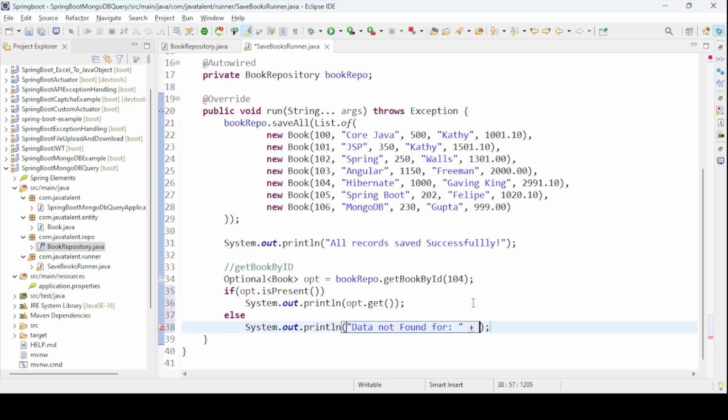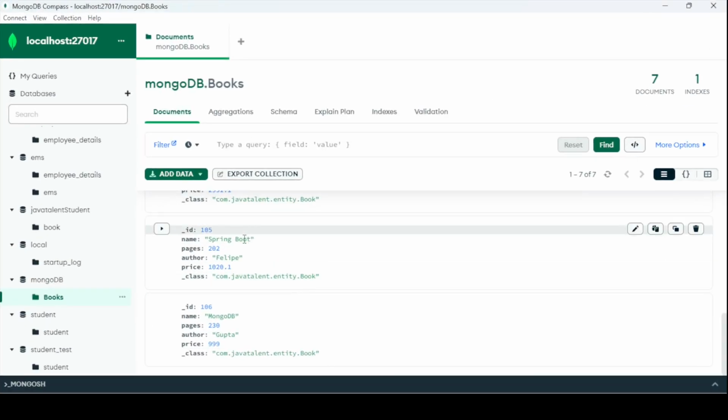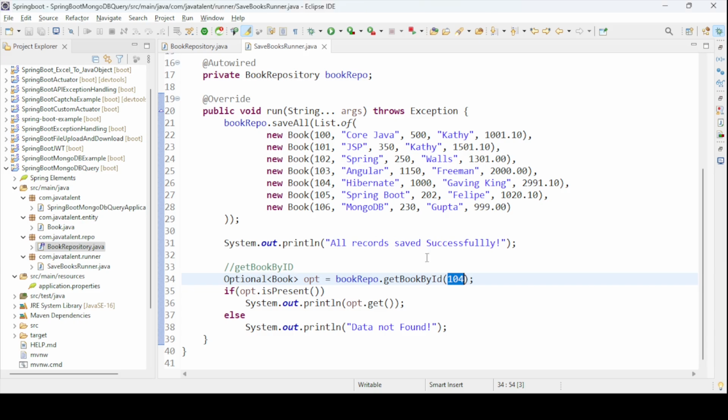If you are passing that here by using the method, and anything like "data not found", for example, let me do it, "data not found" only. So let me run these applications. Okay, so if you will get this record for 104, because we have the data for 104 here, we will get it here over here, and then if it is not there,